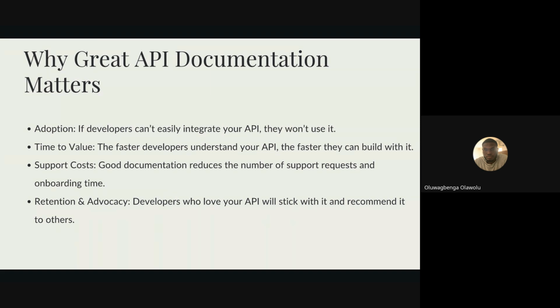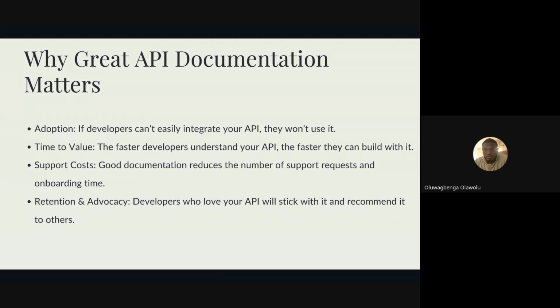So that could shift you to want to use the next best thing, even if it's not the best product. So say you have a great payment system, but if your API documentation is not the best, it can affect how people use it.